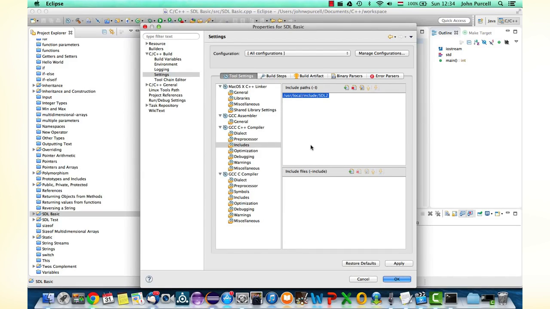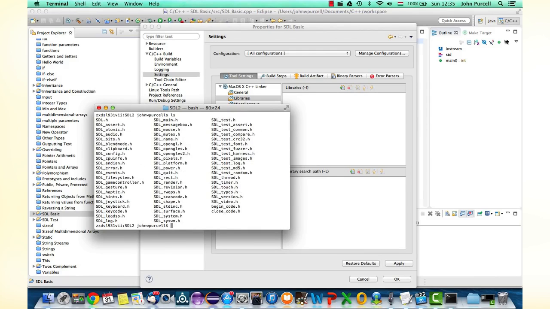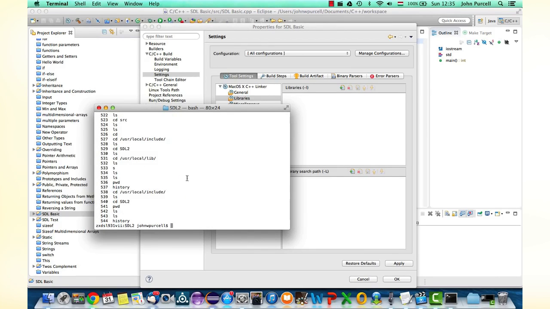Now I need to tell Eclipse where to find the SDL libraries. So let's go to libraries here, and I need to add the directory containing the libraries to the library search path here. It says -L there because in this particular setup it's going to supply a -L flag to the compiler, which will add an extra library path for it to search. So let's go back and check where my libraries are, and they are in /usr/local/lib. So this directory here, if I go to that,